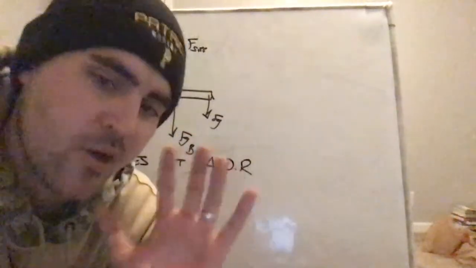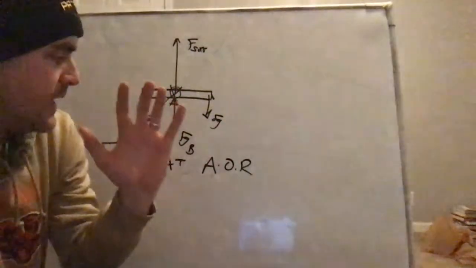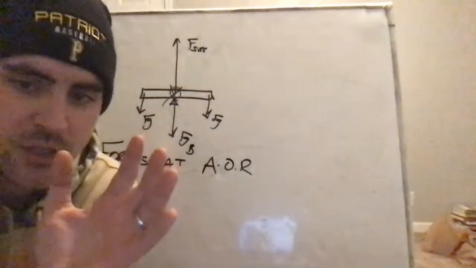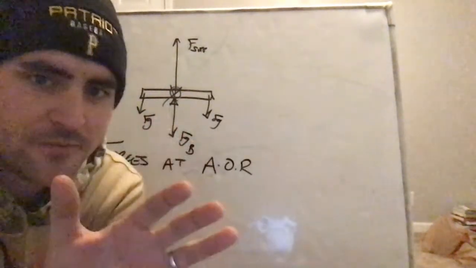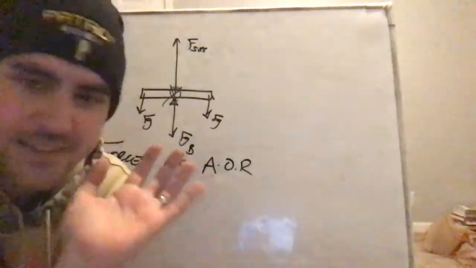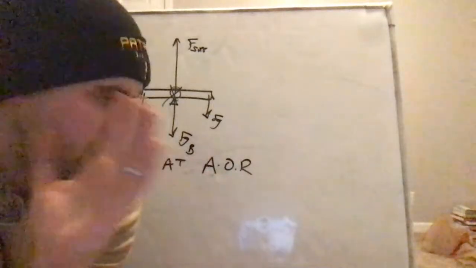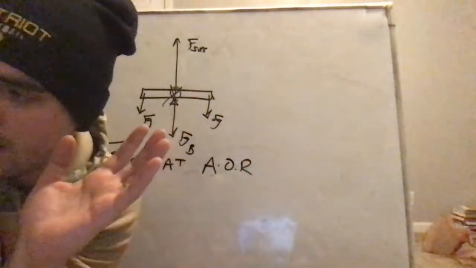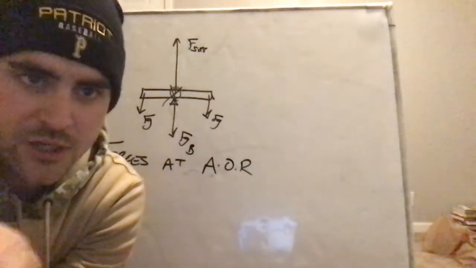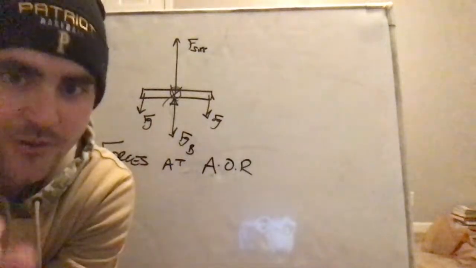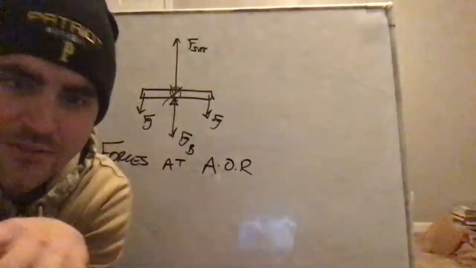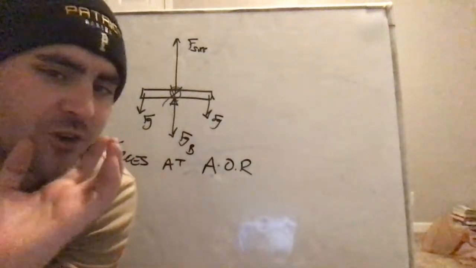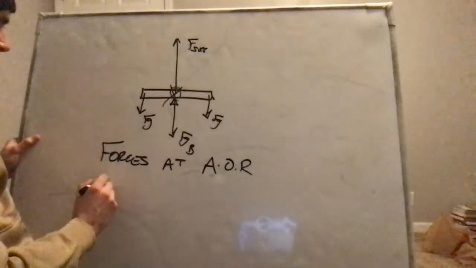So if you're still here, pause Netflix or whatever. But forces at the axis of rotation, oh my gosh, they are still there, right? They are still forces. They are still acting linearly. They are still either preventing or causing linear acceleration. They are still doing everything that their force requires them to do, right? They are still in the forces club. But if they're at the axis of rotation, they do not